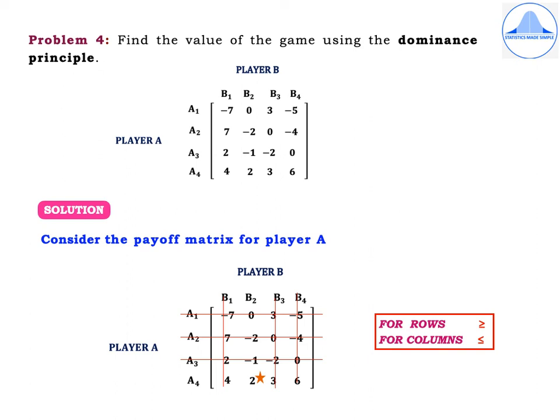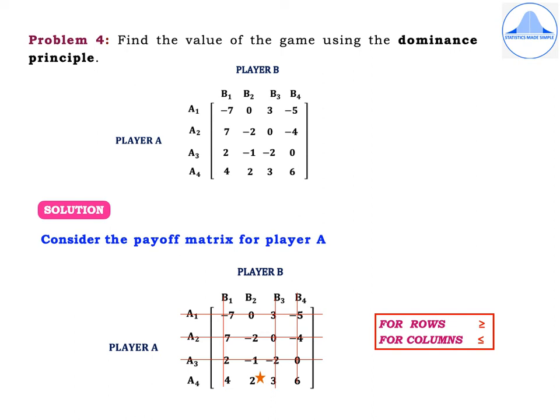So let's go back to the rows now. Let us compare A4 with A2. For rows, remember that it should be greater than or equal to. So 2 is greater than minus 2 and 6 is greater than 4. So it means that A4 dominates A2. So delete A2. Now the rows A1, A2 and A3 are all deleted and we are left with only B2